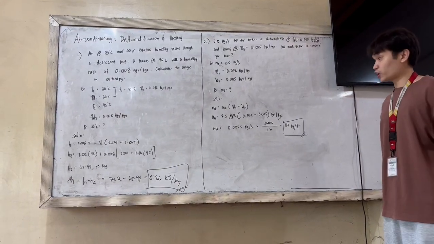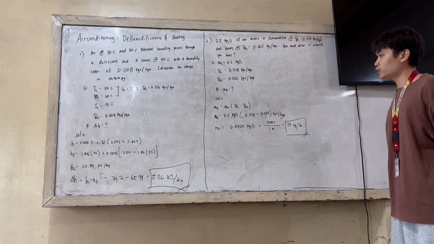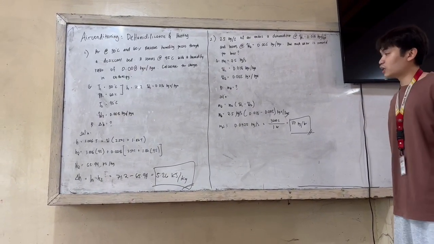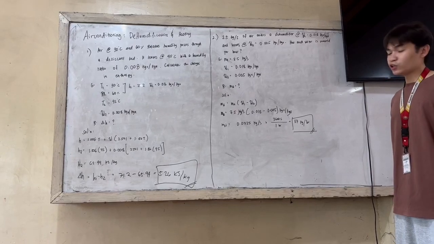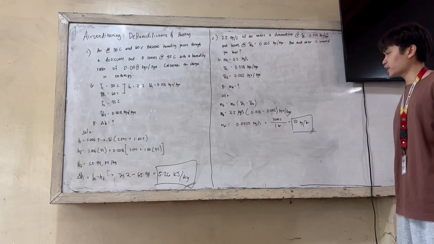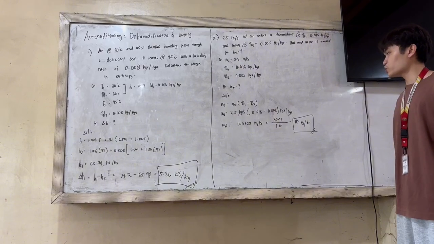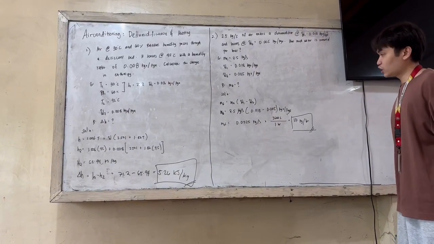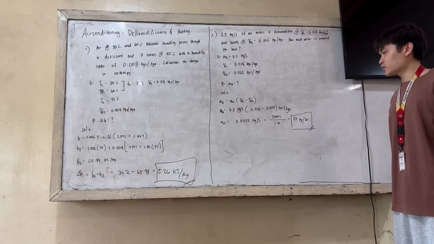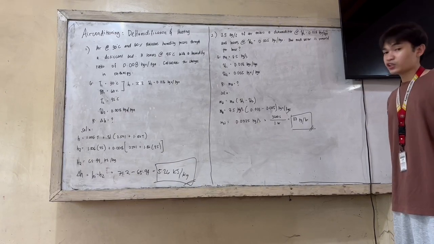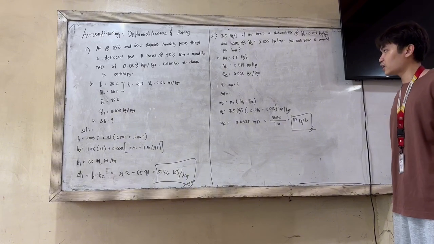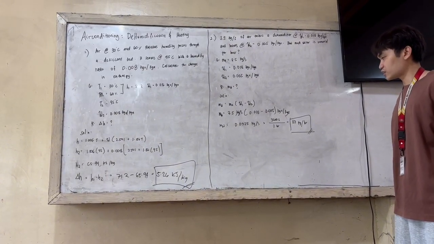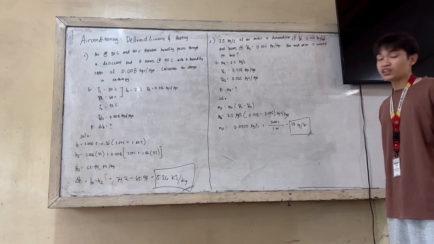To get the mass of water, we will be using the formula: mass of water equals mass of air times the humidity ratio of state 1 minus W2. Plugging in the values, we have 2.5 kilograms per second times 0.018 minus 0.05 kilogram vapor per kilogram dry air. So cancel out the kilograms of dry air. We should be left with 0.0325 kilograms per second. Since we need it in kilograms per hour, we multiply by 3,600 seconds. That results in 117 kilograms per hour.